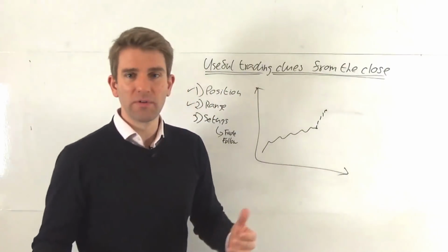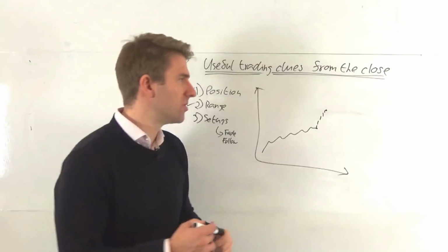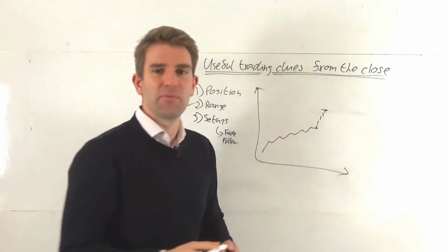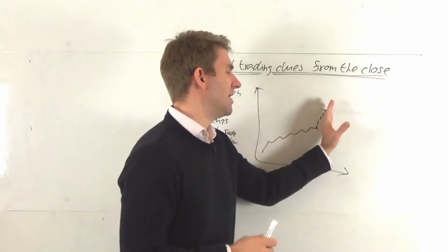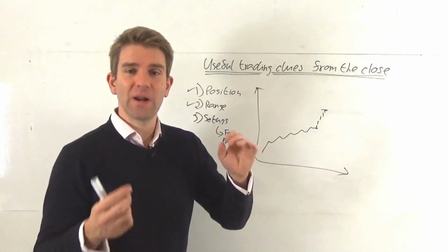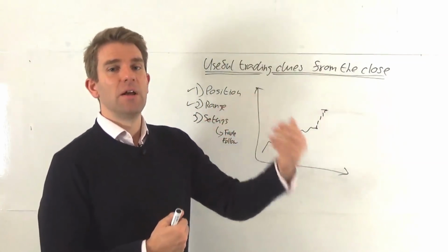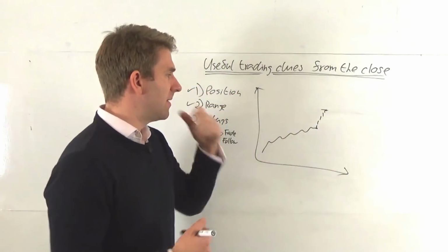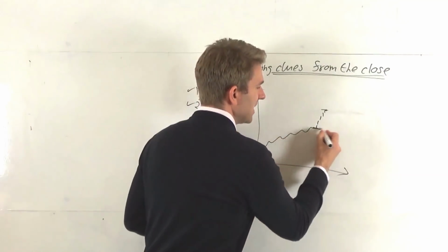Now, what we don't want to do, by circumstances we might want to, but what we don't really want to do is just go crazy and start pinging it at the high print there, because generally on a trend, we get a much sweeter risk reward ratio if we can buy a pullback. So whilst this is an okay trend, we can assume that if people have perceived this level as value, right,